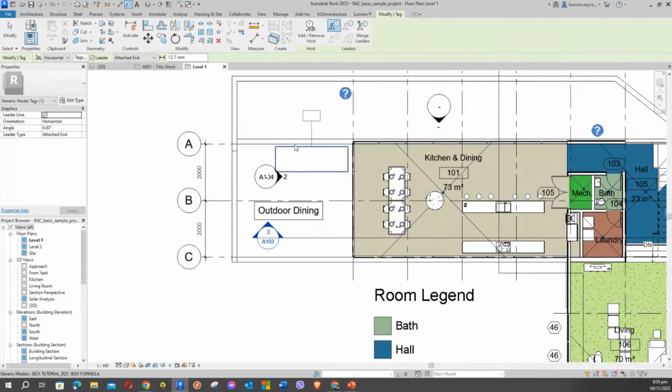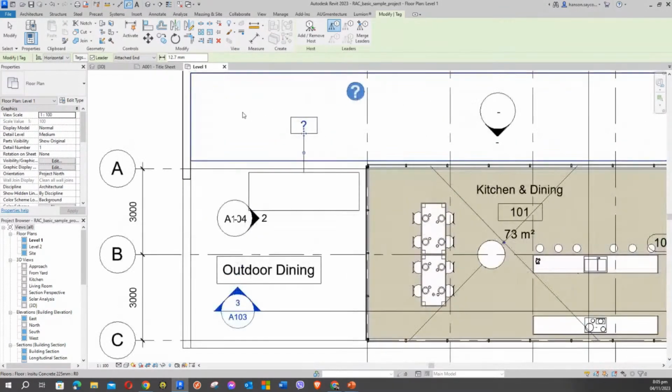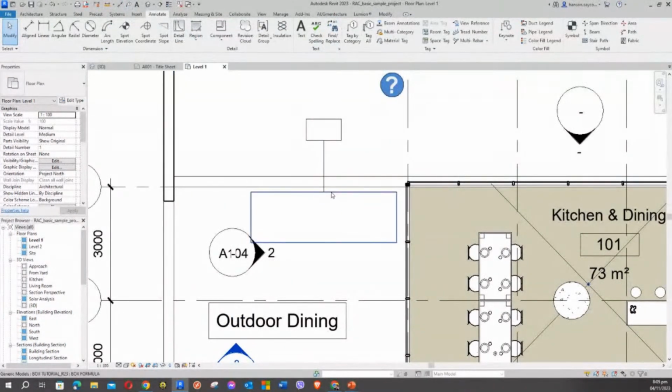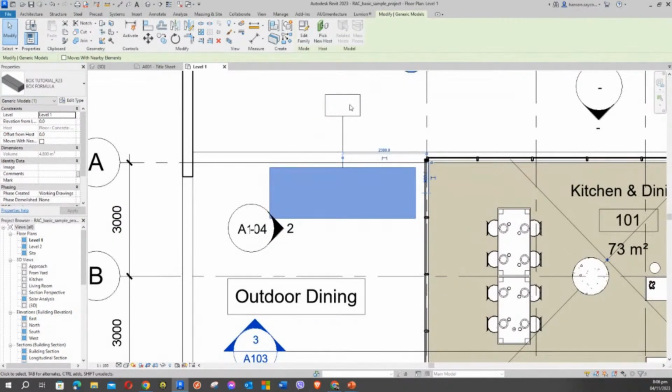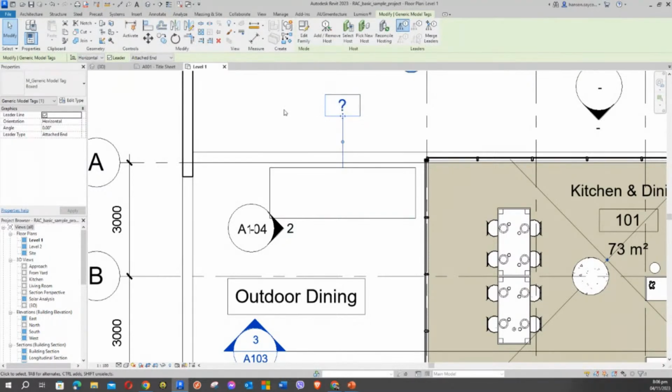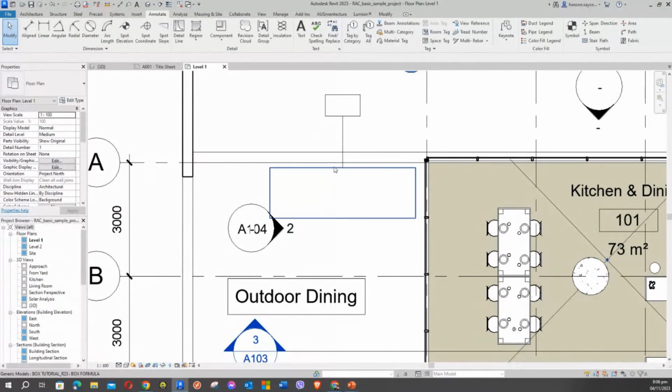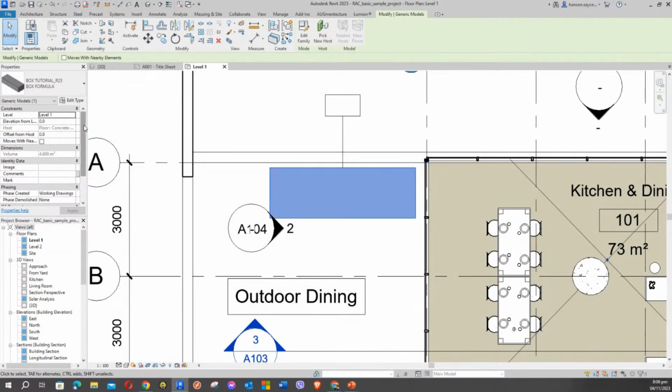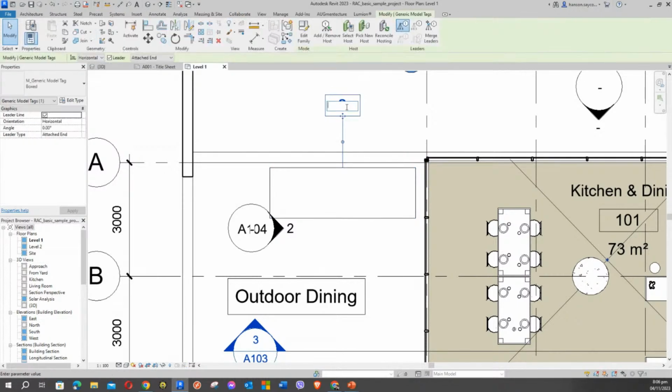So once I loaded that, napapansin nyo, ayan na siya. So since this tag and the information of the tag is empty, it means that I have to add something from here. So if I'm going to add, say it's TBL-1,